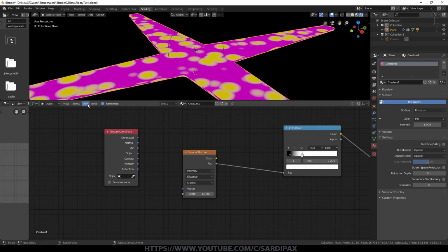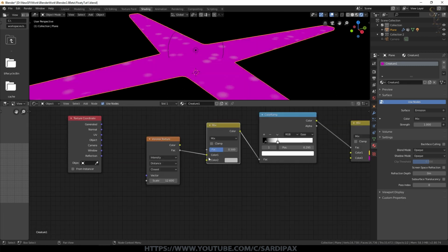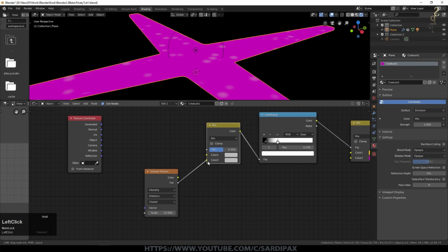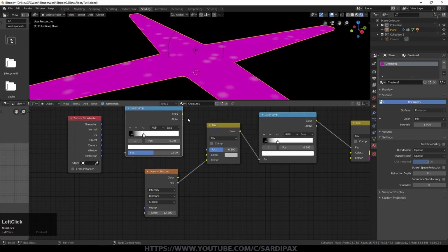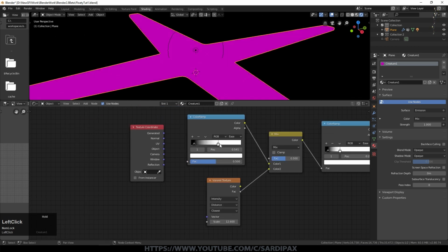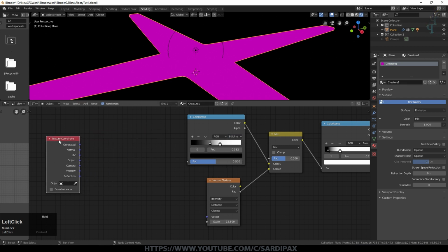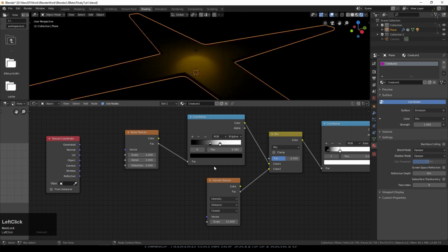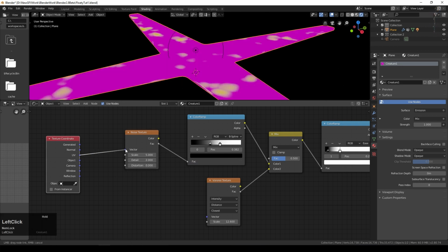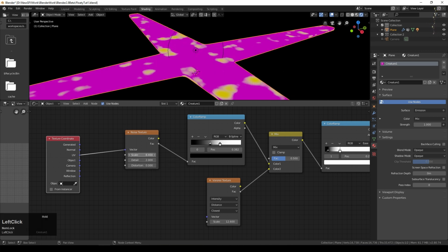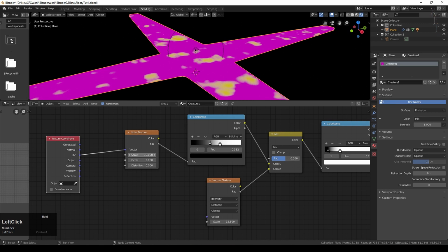So I'm now going to add another color mix node and drop that there. I've got my Voronoi texture going into one side. I'm going to add another color ramp. Take the output of that into the other side of that color mix node. Bring the inputs somewhere into the middle and we'll set this one to B-spline. I'm now going to add another texture, which is a noise texture. Take the factor out of that into the color ramp and I'm going to use UV coordinates into the vector. And we can play around with the scale a little bit just to see what that does for us.